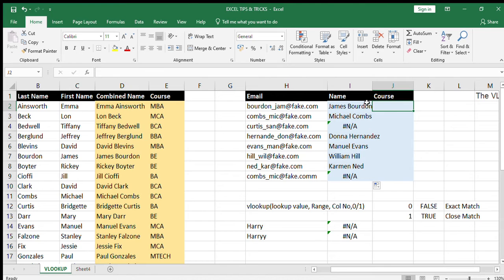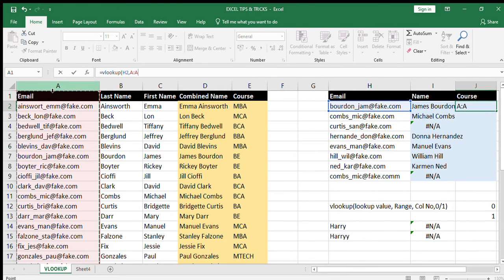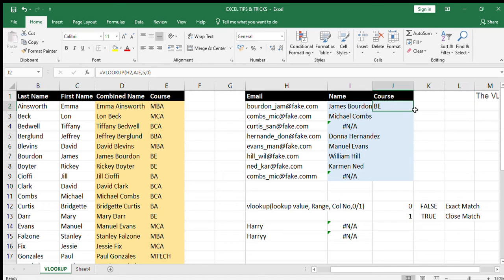Now let's complete the course part as well. So again, I just select the cell, click in the function box, is equal to VLOOKUP, email ID, comma. Then again repeating steps, I select column A to E, comma. The value is in the fifth column, right? It's 5, then 0. Okay, I got the course name as well. I again click over here. I'll just double click on the dot. It'll get automatically selected down.